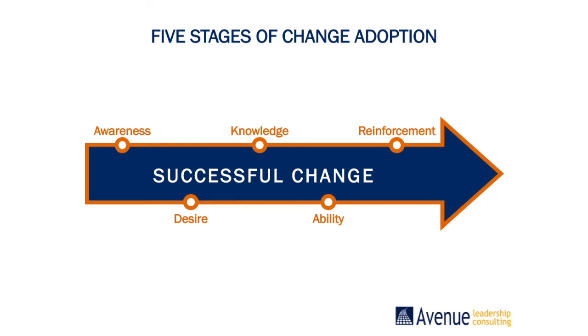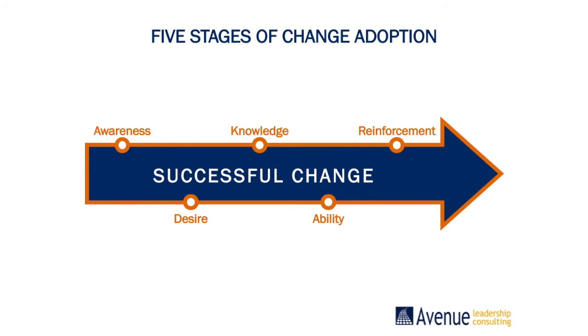At the awareness stage, people need to know, what is the nature of the change? Why is the change needed? And what's the risk of not changing? For desire, people need to know, what's in it for me? Do they have personal motivation? And do they want to engage and participate? For knowledge, people need to understand how to change. They need to have the education and training on new processes and tools. And they also need and want education and training for the skills and behaviors necessary to move forward.